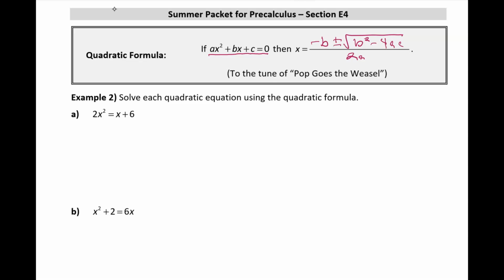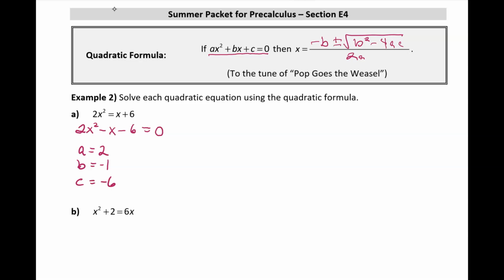So let's try to use that to solve each one of these quadratic equations. First one, 2x squared equals x plus 6. That's not in that standard form, so let's move it into the standard form by subtracting x and subtracting 6 from both sides. So now we know that a is equal to 2, b is negative 1, and c is